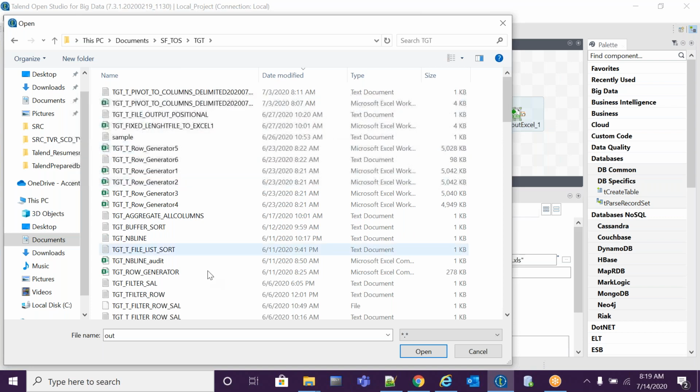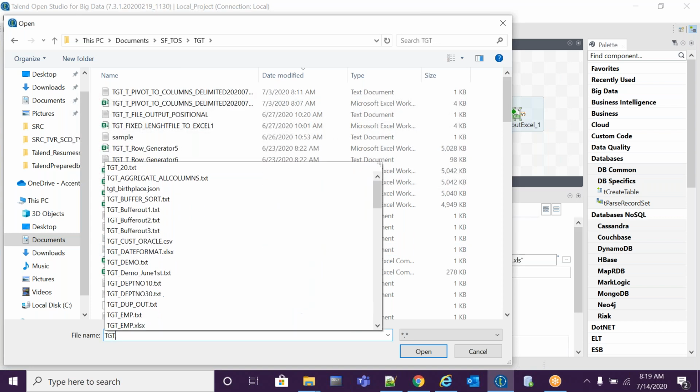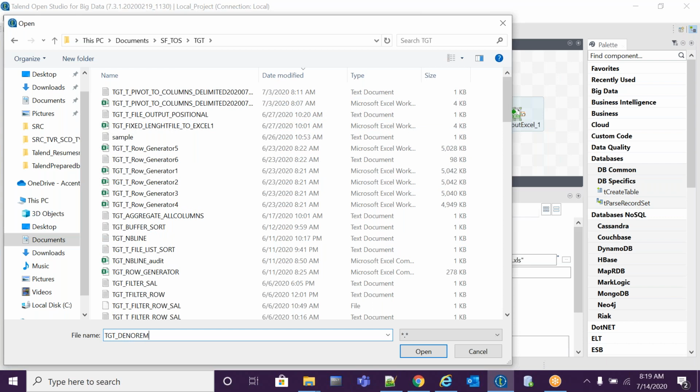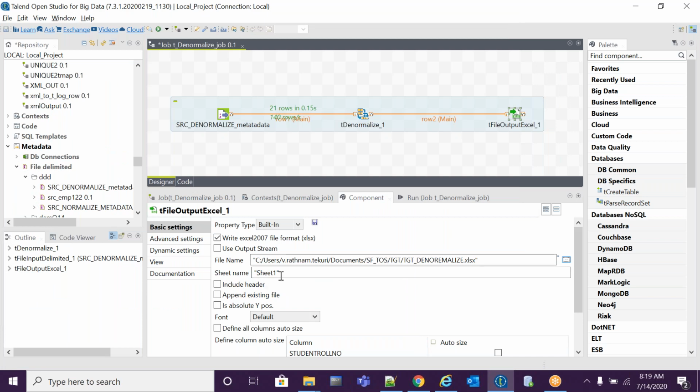TGT denormalize dot XLSX, right? Format Excel. Sheet name, I want to rename the sheet name to denormalize. I want to include header.